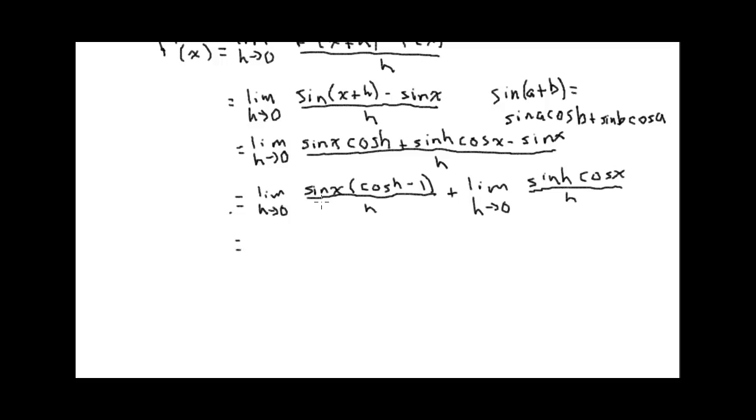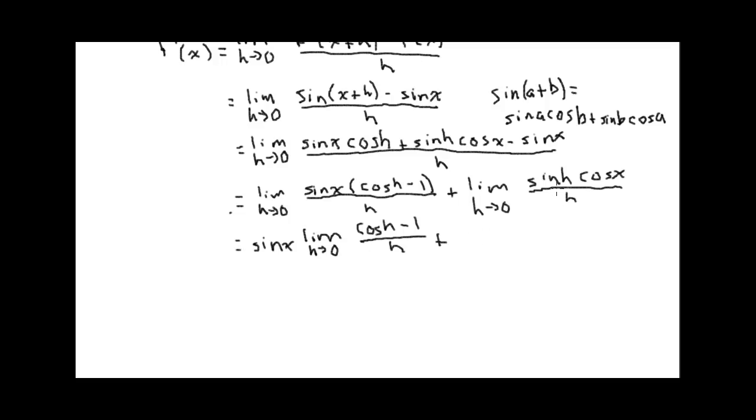Okay, so looking at this, what you might notice is that this sine x here is constant relative to what we're taking the limit of, which is h. So by our constant multiple rule of limits, we can take that out in front of the limit. So inside the limit we'll have cos h minus 1 over h,